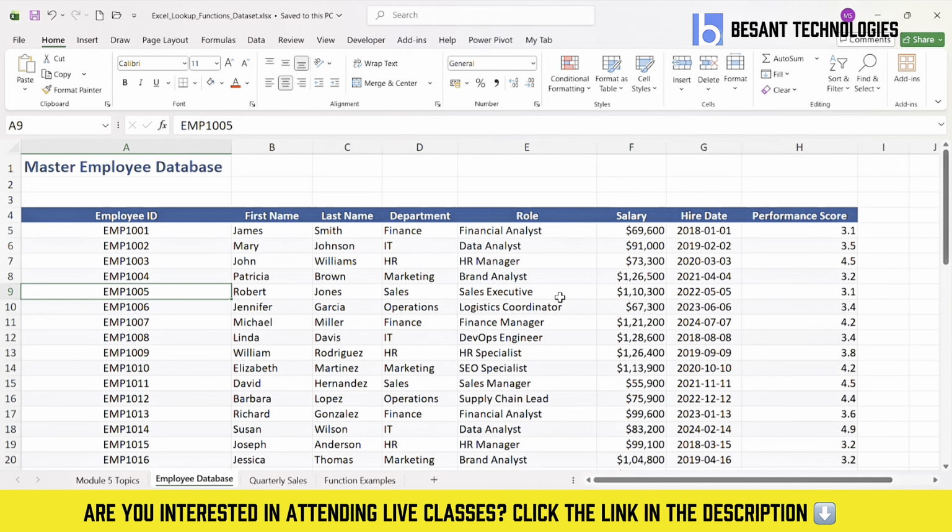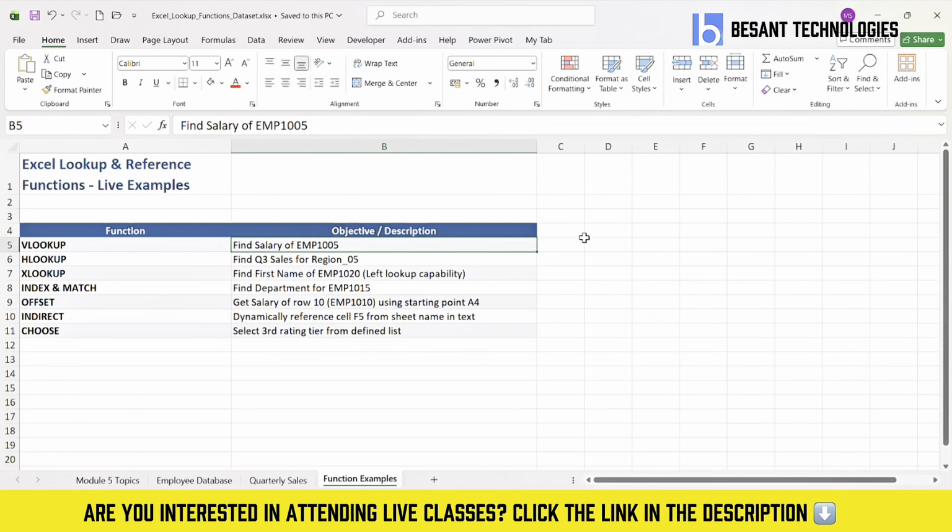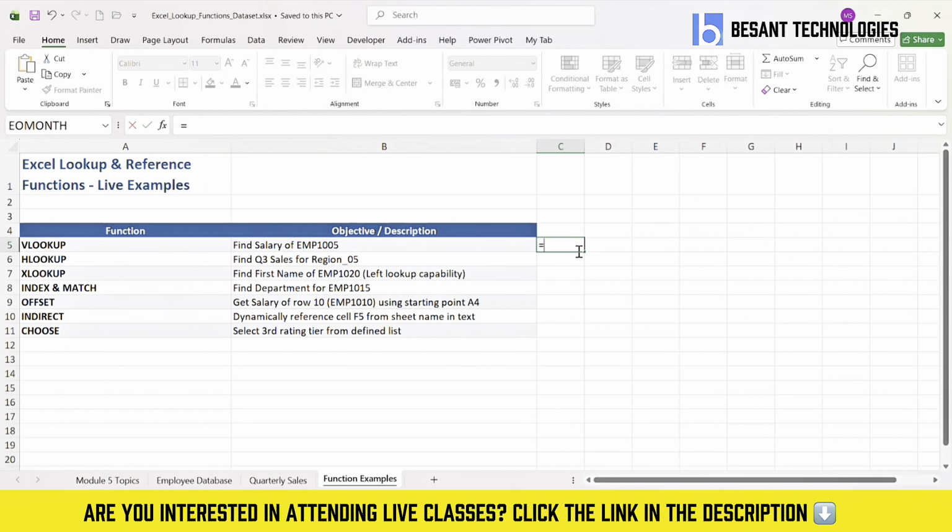So this salary is what we are to fetch from this sheet called employee data set, and let's see how we can do it. Our employee number here is EMP1005. So let's just start off. Even in my previous sessions, I had mentioned that any built-in function or any calculation should be started with an equal to symbol. And VLOOKUP, as in vertical lookup,